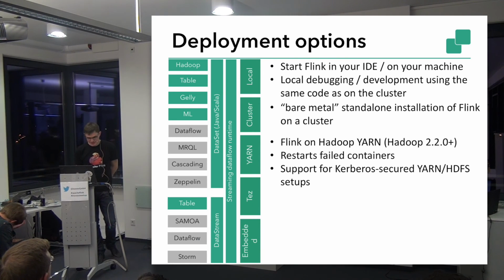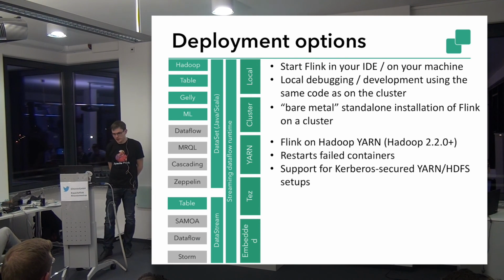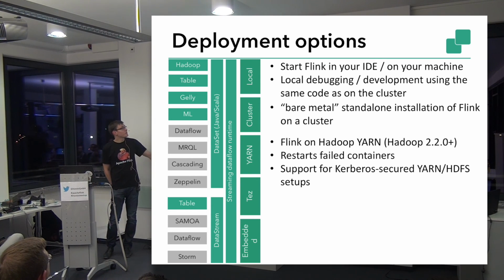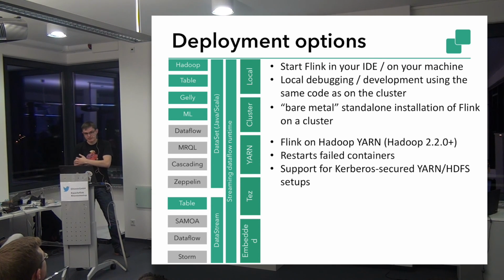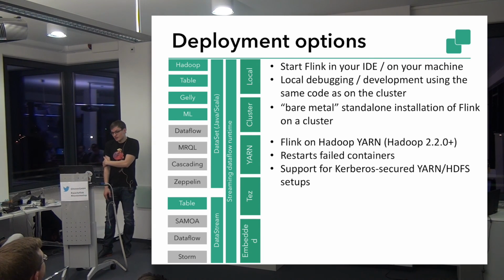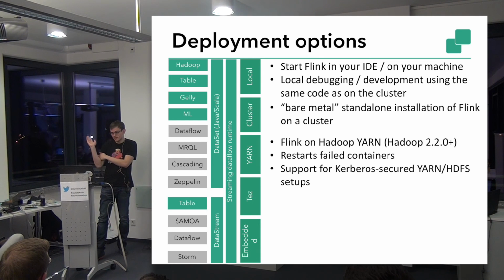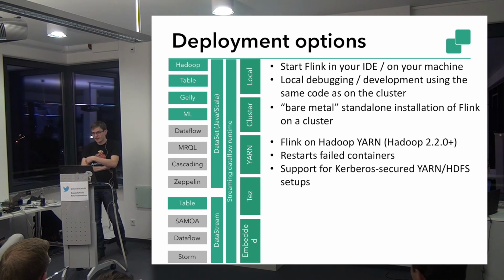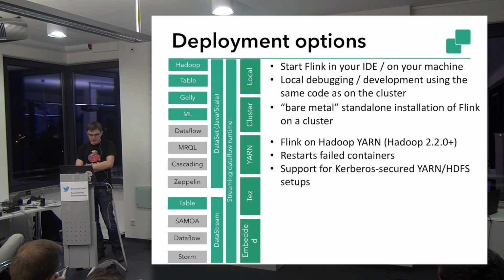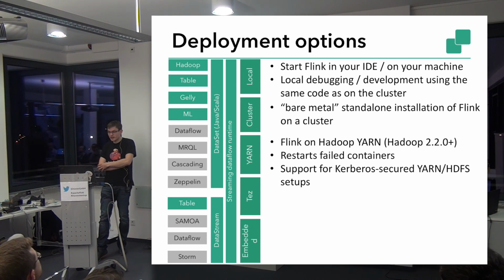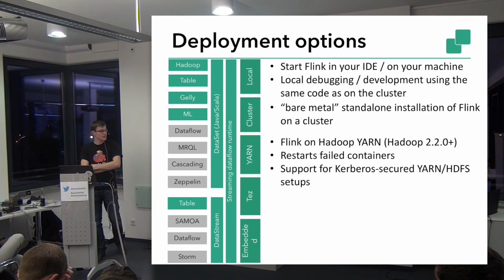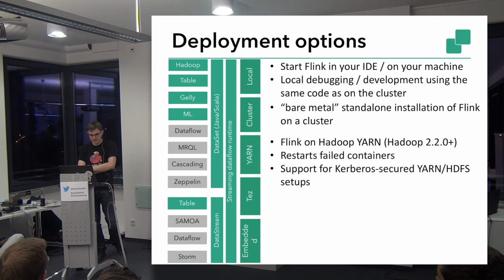Last but not least, we have different deployment options for Flink. There's the local option, which allows you to start Flink out of your IDE. So you can basically download or just add Flink as a dependency in your Eclipse or Maven project. It will download all the dependencies and just click play, and then it starts the cluster locally. You don't need to download any files or unpack them or anything. This also allows you to do debugging in your IDE, so you can set breakpoints and see what Flink is doing. So it's running exactly the same code as on the cluster.